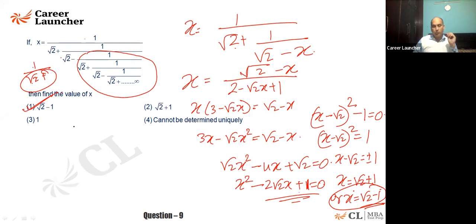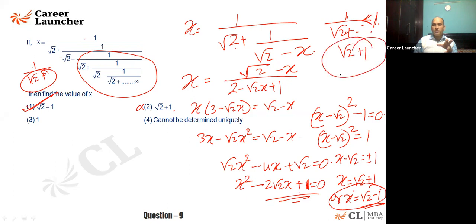Is it fine, everyone there? Please ask. The first one is correct. Of course, both of the options are coming there, but it is not root 2 plus 1. Why? Because you know anything 1 upon root 2 will be less than 1. If we are adding something, the denominator is more, it is still less than 1. How can the value be equal to root 2 plus 1? That is the reason why we are saying the option cannot be root 2 plus 1. It has to be root 2 minus